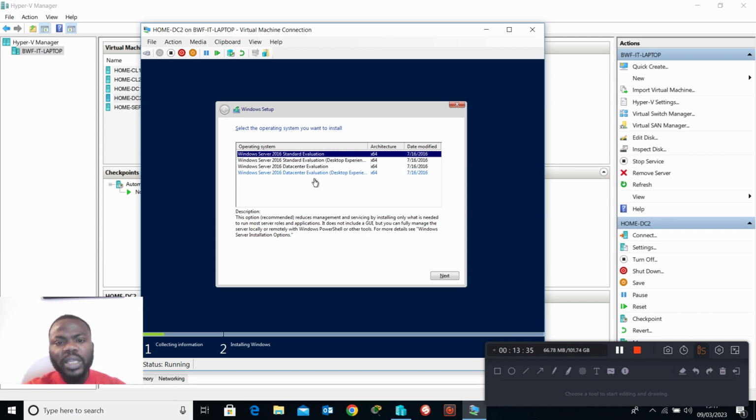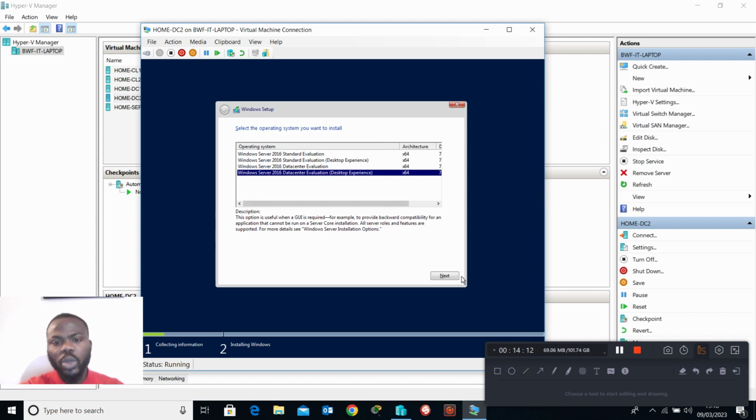So you are going to pick Data Center Desktop Experience because you want to have a graphical user interface. If you pick the one that says Windows Server 2016 Data Center Evaluation, you won't be able to manage it using a GUI. It is a core installation. But I want a server with a desktop experience so that I can manage it. There's a reason why you might want a core, but for now that's not what I want. For now I want to pick the desktop experience. So next,